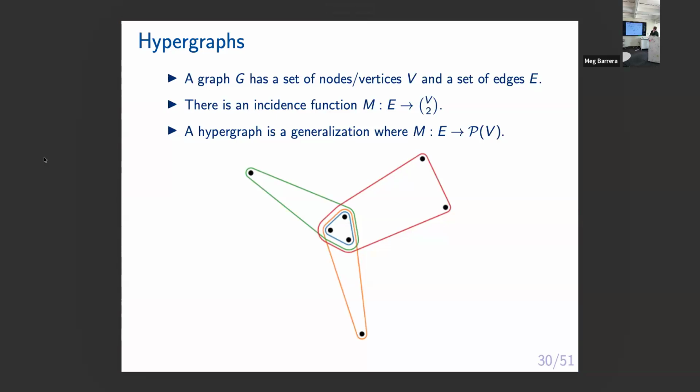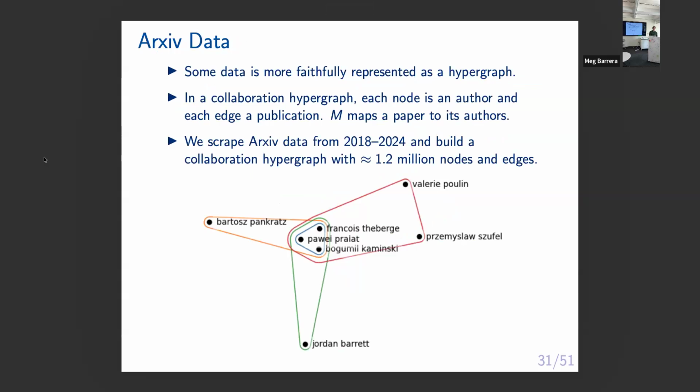Right. So, generalizing a graph to a hypergraph, we just let an edge have any number of vertices instead of always two. So we're going to track this as an incidence function, and there's a temporal aspect here too. But this is a generalization of our graph. The example of this is a collaboration paper.